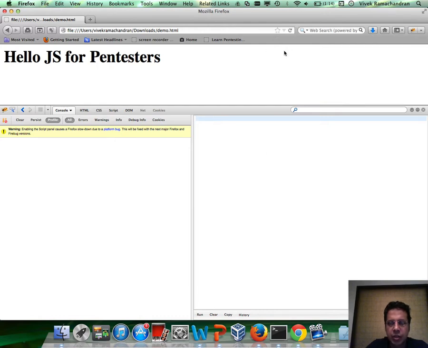So this is our regular page. We define a variable. We call it b. Let's assign the value 100 to it. I'm going to write an if condition now. If b is greater than 500, alert b greater than 500,